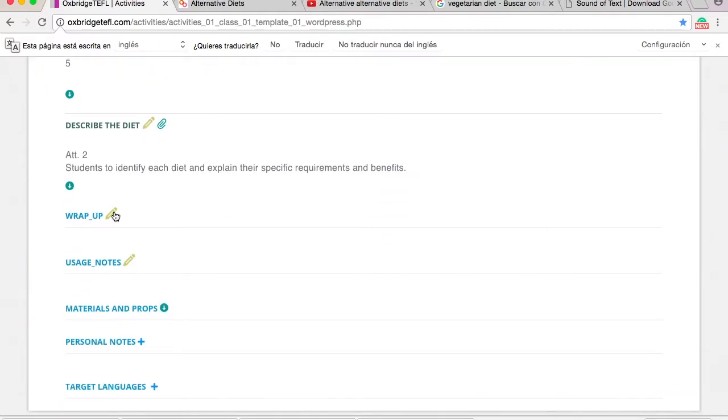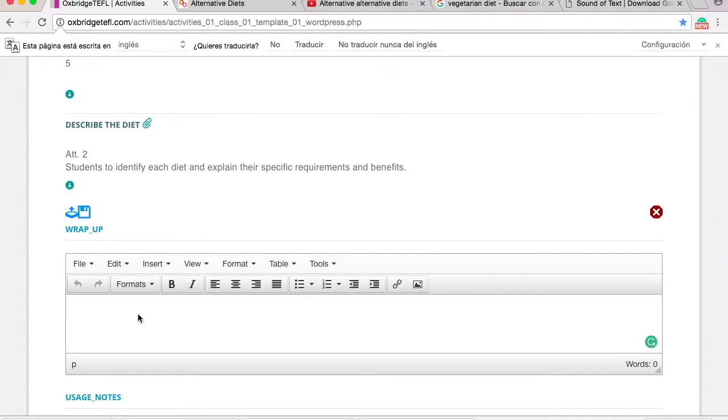So now to finish the activity, we need a wrap up of what we've taught, what the structure is, or what target language we've picked out. So an example wrap up question could be, what diet involves eating high amounts of fat? Say, involves eating high amounts of